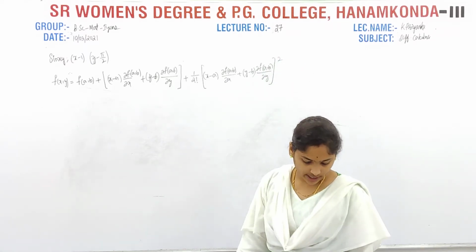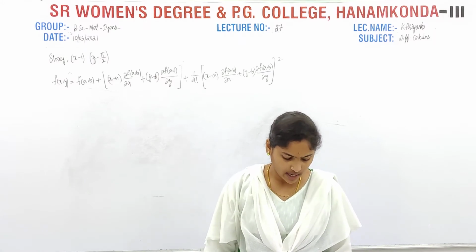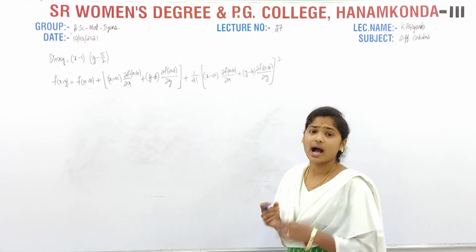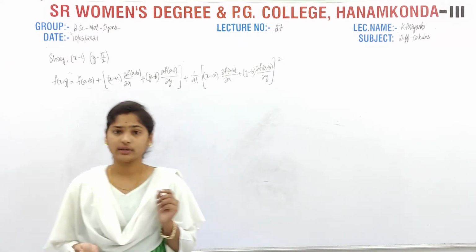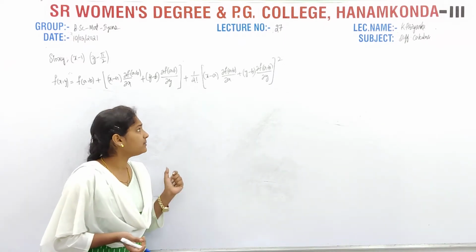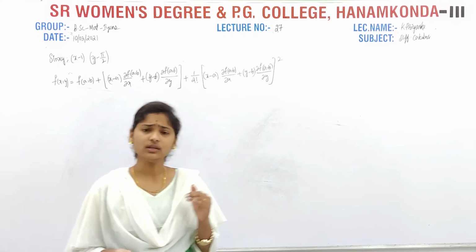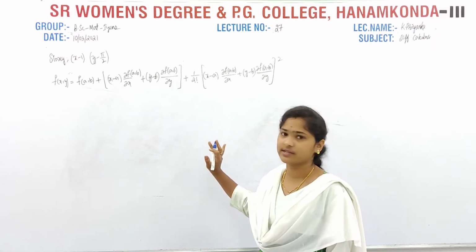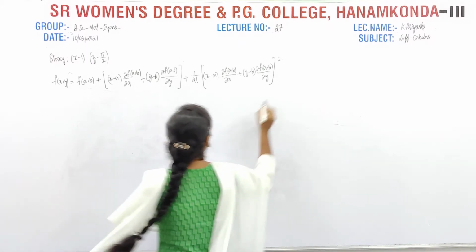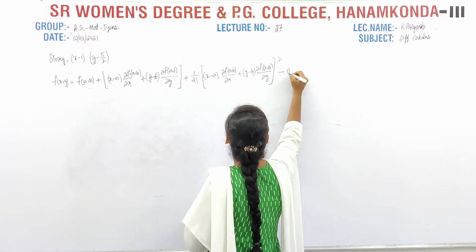Here I am not taking the term theta. Sometimes you can, but here they are not asking for any formula. If they ask for the formula, then you have to take it in terms of theta. Here they simply ask us to expand, so that's why I am taking it like this. I am taking this as equation number 1.